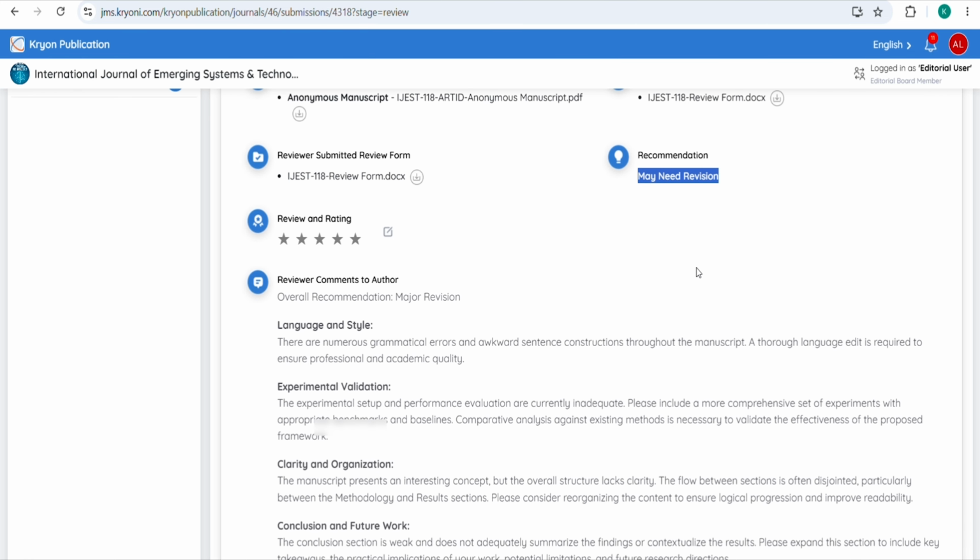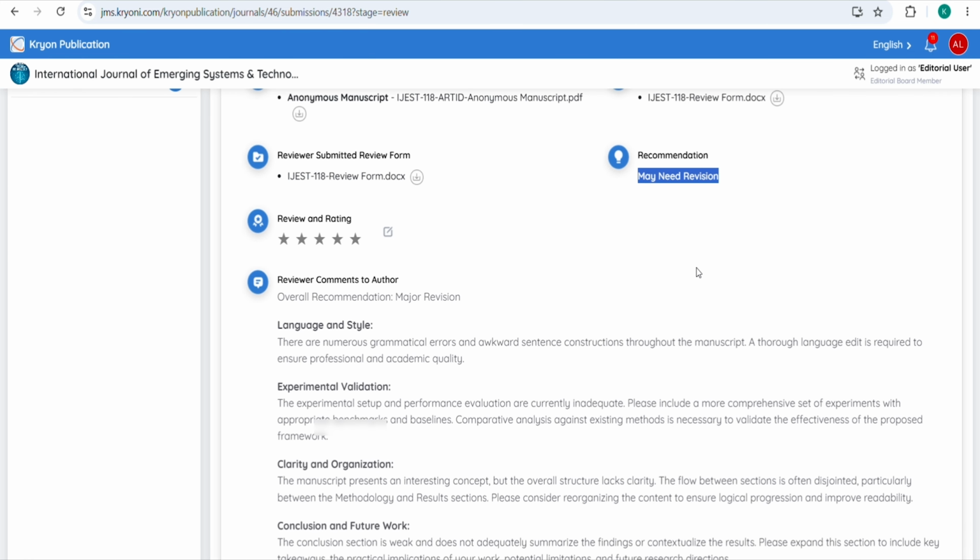Before that, the editor needs to set the response and review due date for the author. So once all those details are filled and the preview is fine, the editor can send the comments back to the author. Once all the details are filled, the editor can send the revision request to the author. For that, the editor can click on Send to Author.